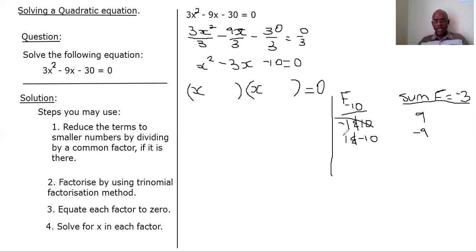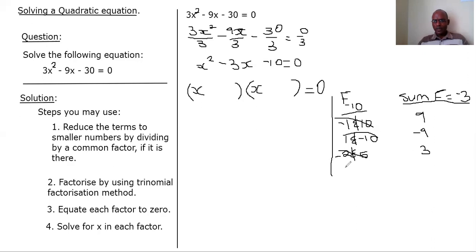So again, this pair is out. Then we have 2 and, let me start with the smallest, negative 2 and 5. That's the other pair. When you add these two, we get 3, which is not negative 3. So again, this is